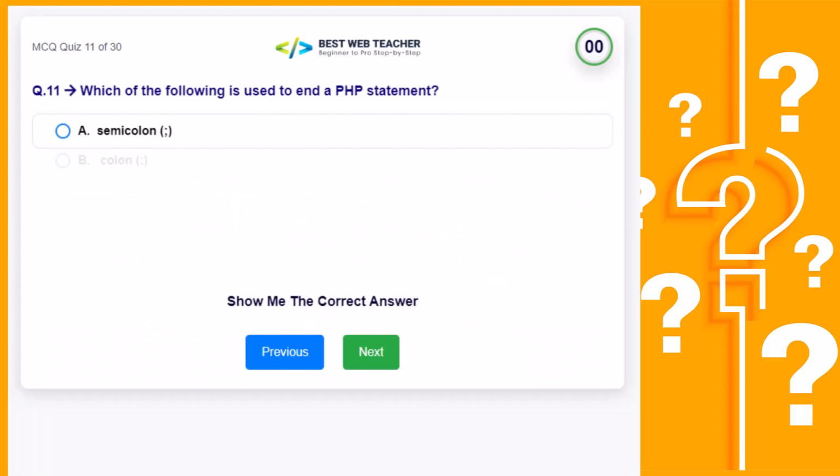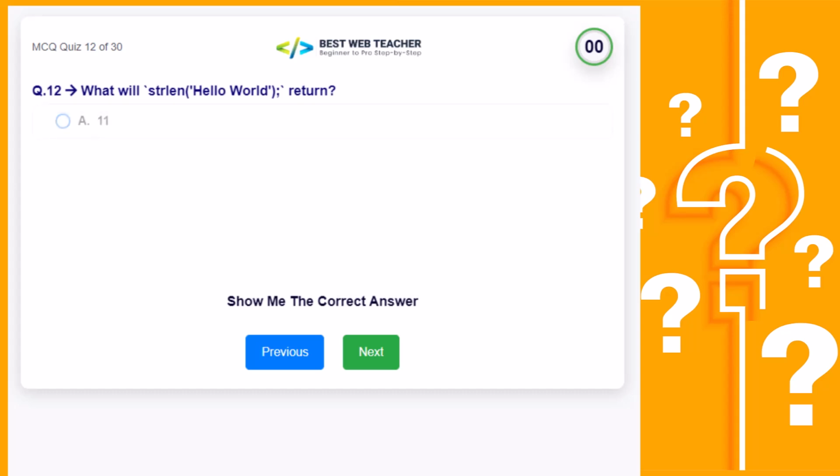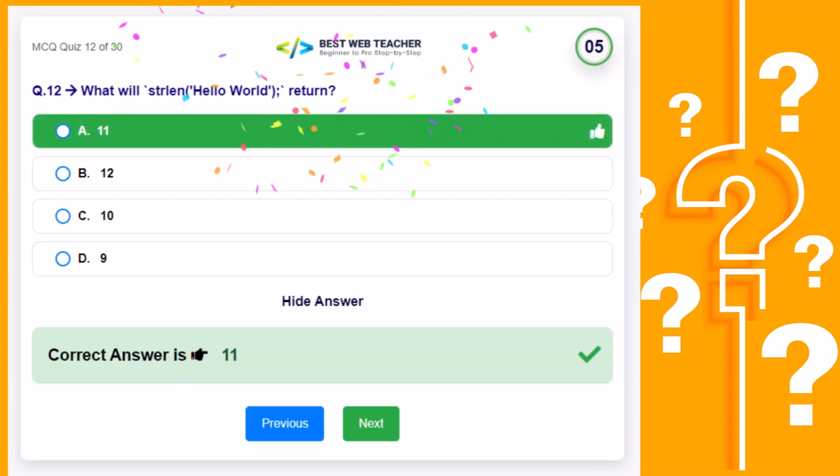Which of the following is used to end a PHP statement? Correct answer is What will strlen("Hello World") return? Correct answer is